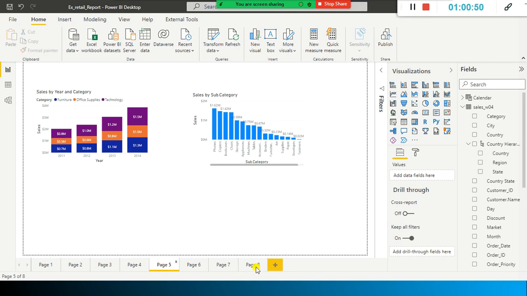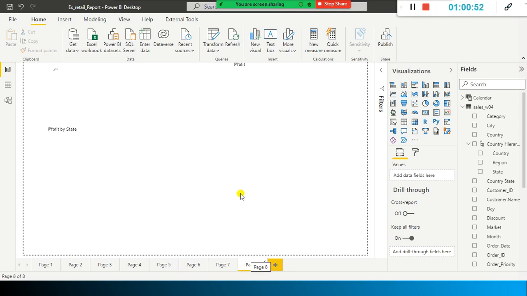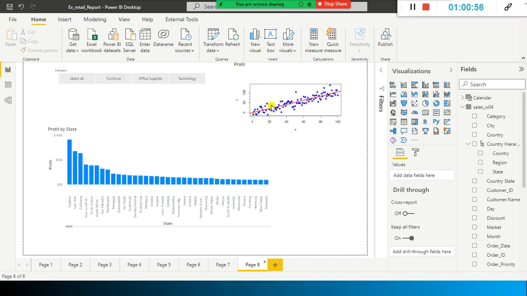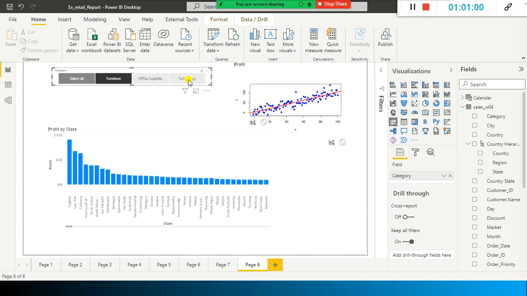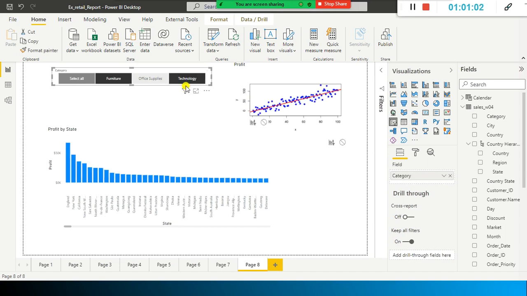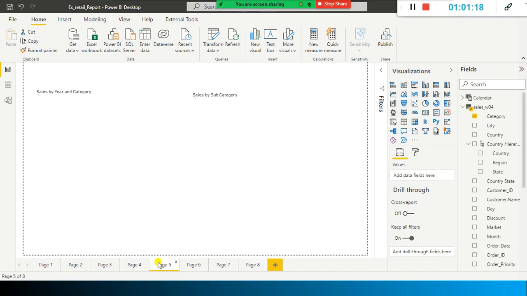When I select something here, if I use the furniture and technology categories, the visuals on this page change accordingly, right? It got filtered based on the values that I selected. Remember, furniture and technology.